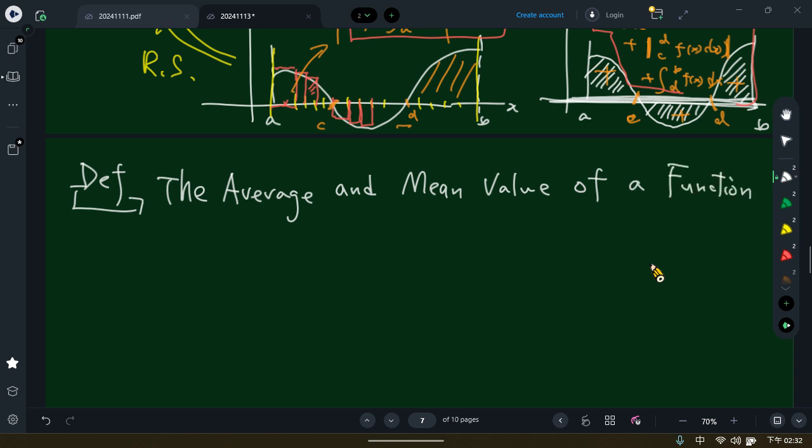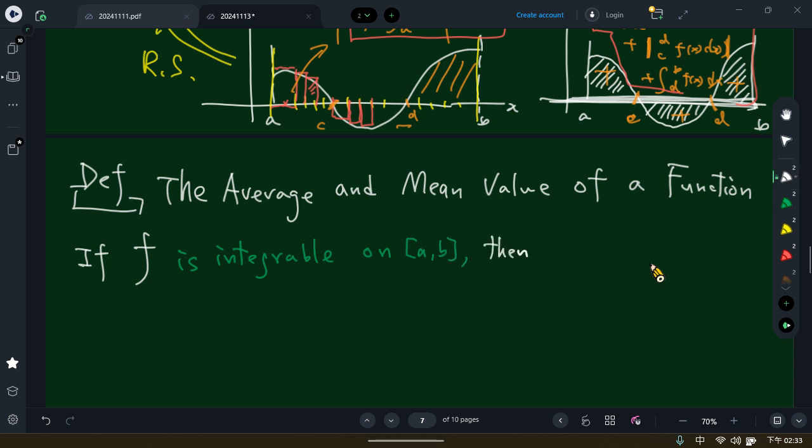As I told you, since a function is continuous, there are many points, uncountably many, not a finite number of points. So if we want to calculate its average, we need to define it as follows: if f is, please remember, integrable on [a, b],